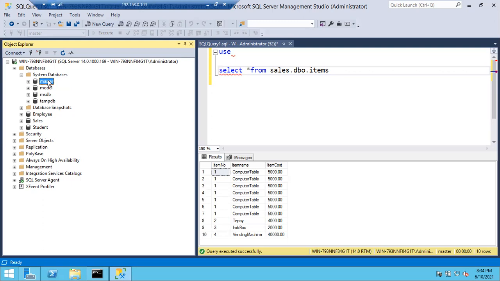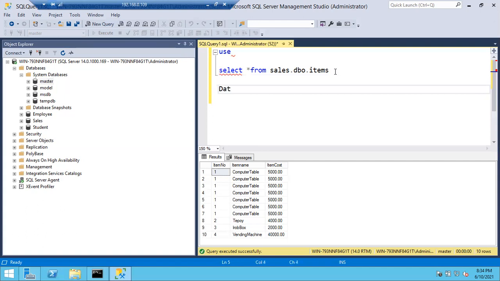The metadata of each object will be stored in the master database. What is meant by metadata? Metadata means data about the data.